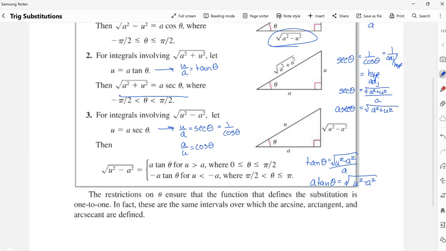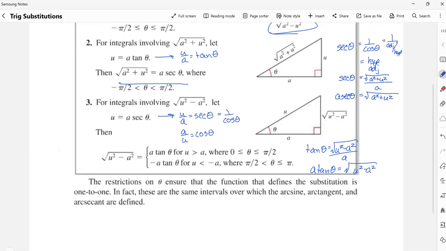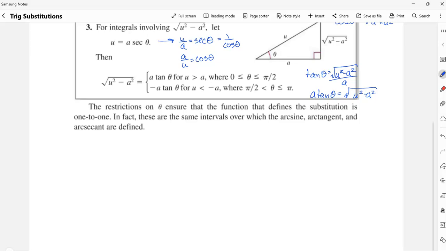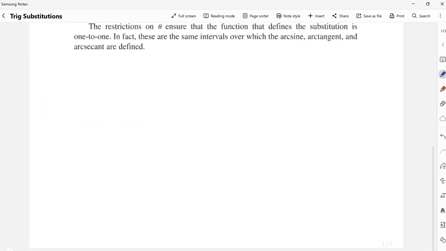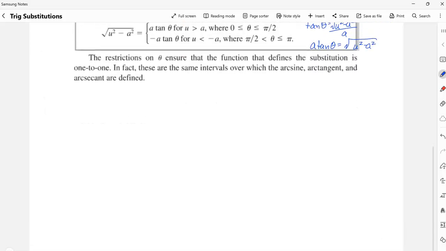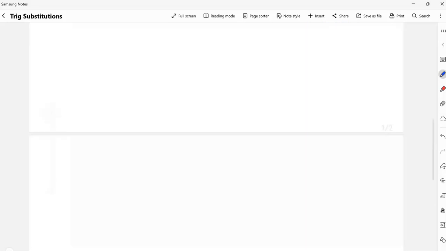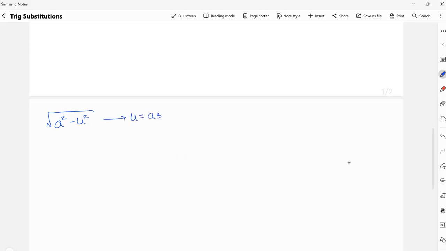So there are some limitations that come with using this technique because we have to limit theta due to inverse trig functions. But for the most part, it works out pretty well. So what do you need to remember? You really just need to remember these three formats: a squared minus u squared. Let's try u equals a sine of theta. So then u over a is equal to sine of theta, and that gives you enough information to build a